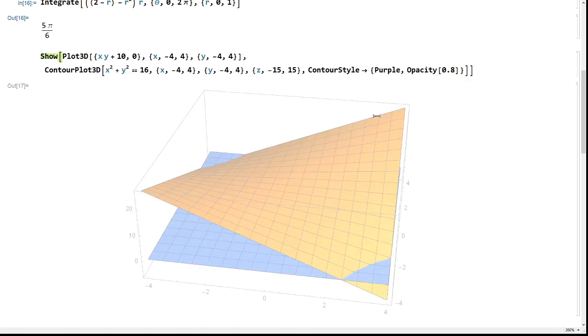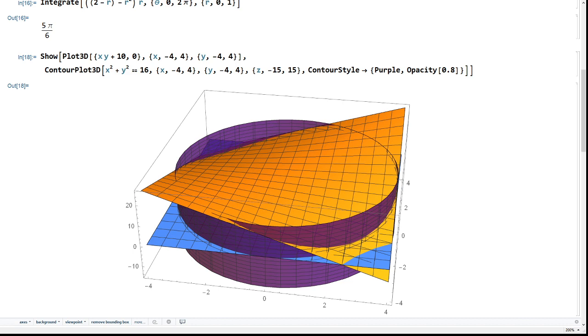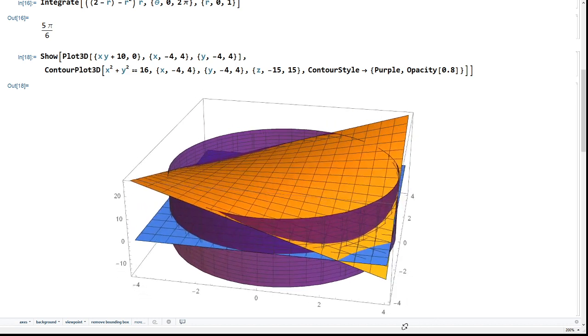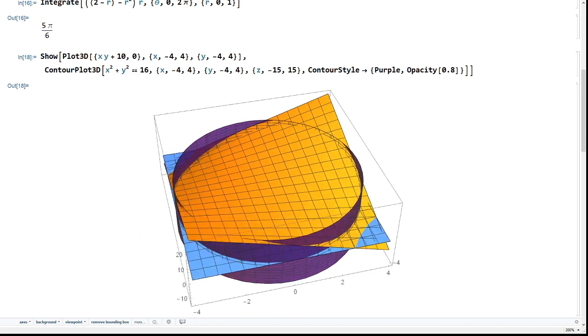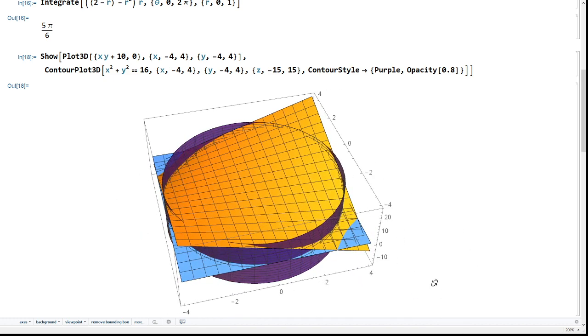So I'm going to add that stuff in. This is going to plot a cylinder of radius 4, and it's going to make it purple and make it a little bit see-through. Okay. So let's go ahead and plot that, and we get this shape here. So if you look at it, everywhere inside this purple cylinder, that orange, what's called a hyperbolic paraboloid, that orange thing is on top all the time here,